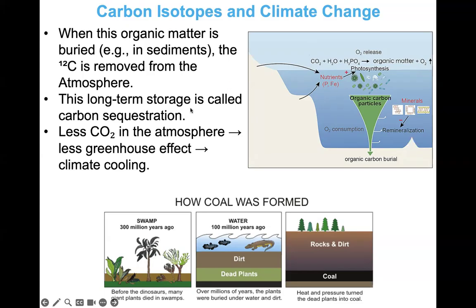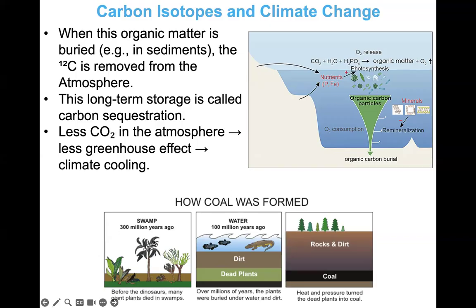This long-term storage is called carbon sequestration, which means that the plants remove CO2 from the air. This is good because if you remove CO2 from the air, you reduce the greenhouse gas, which causes a reduction of the temperature. Less CO2 in the atmosphere, less greenhouse effect, climate will be cooling. But besides the fact that the plants remove CO2 from the air, remember that what they store is this C12. This applies to phytoplankton in the ocean, but also